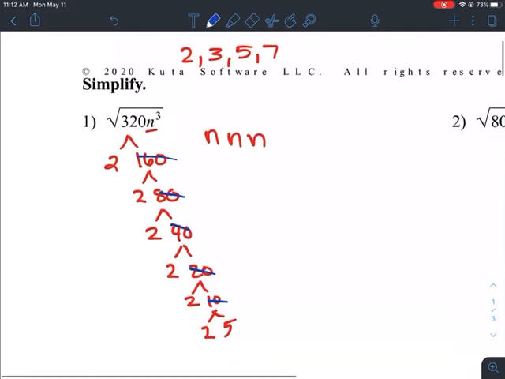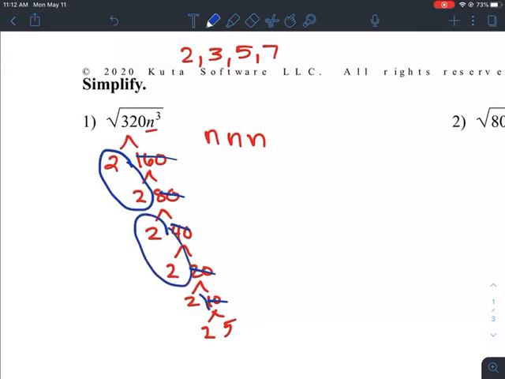So now I'm looking for pairs of the same thing. So every time that I have 2 of the same thing, I'm going to circle it. So even though I have 3 pairs of 2's, they're all individual pairs. So keep that in mind. And then I have a pair of n's. So everything I circled moves to the outside of the radical. So one for each group. So I've got a group of 2's, another group of 2's, another group of 2's, a group of n's, and